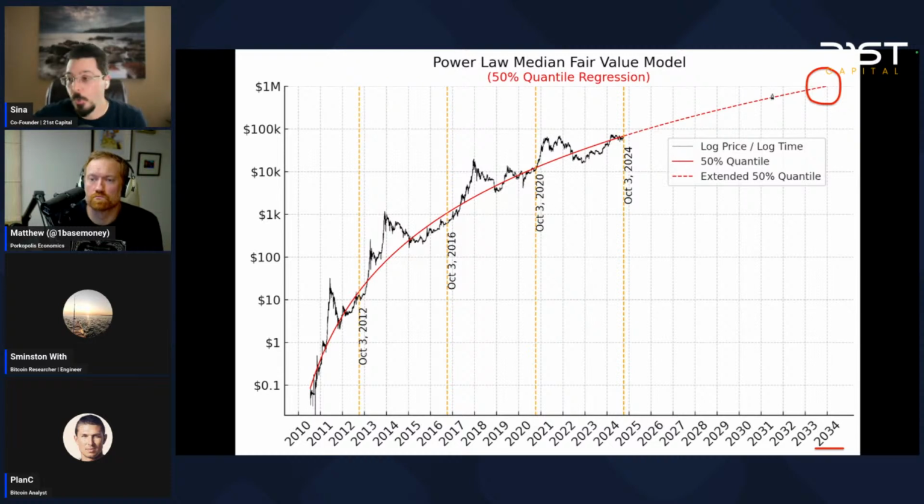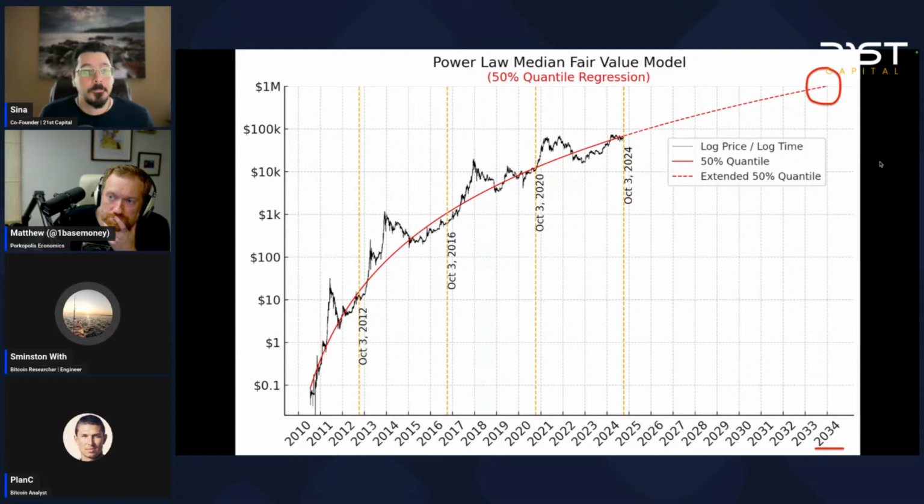Awesome. So I got another chart from Sminston. I just wanted to bring this chart up, which Plan C put up. Sorry, I was away from my mic. What I also like about relying on this future fair value prediction line is that I just wanted